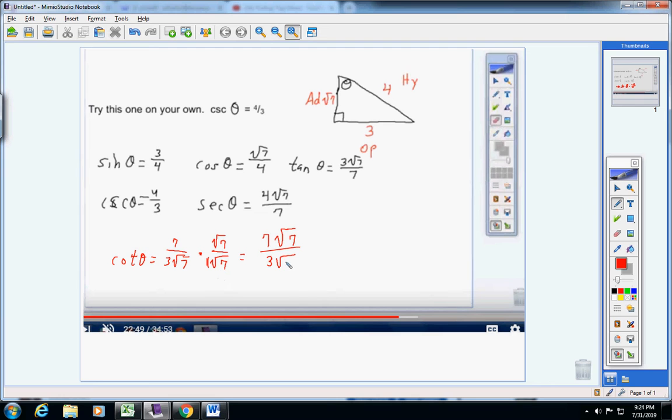Square root of 7 times square root of 7 is square root of 49. So when I have 3 square root of 49, Gabrielle, that's the same thing as 3 times the square root of 49. Well, you know the square root of 49 is 7, right? So, 3 times the square root of 49 is the same thing as 3 times 7, because the square root of 49 equals 7. Now 3 times 7 is 21,